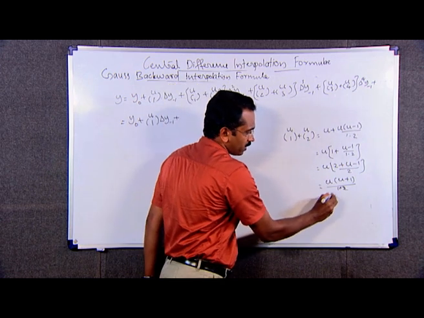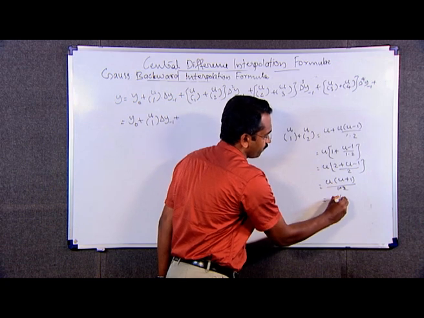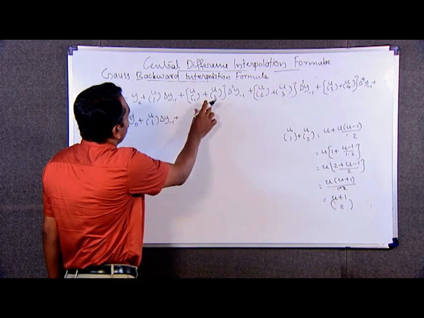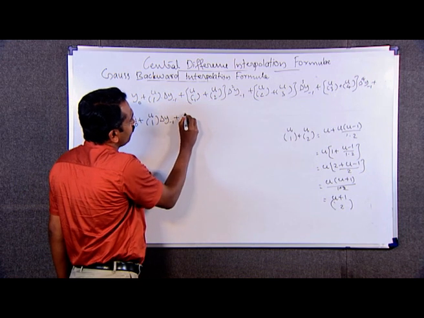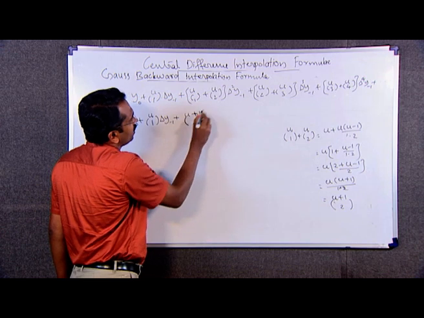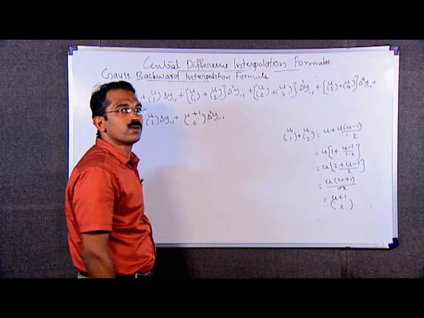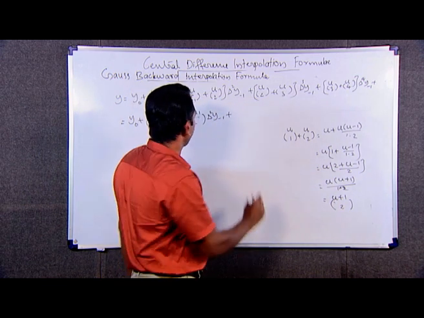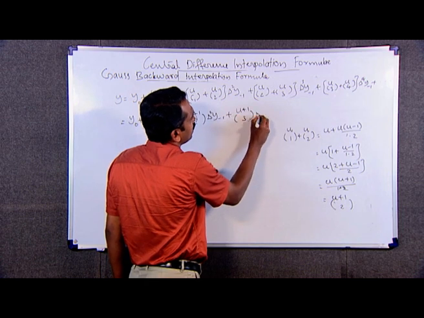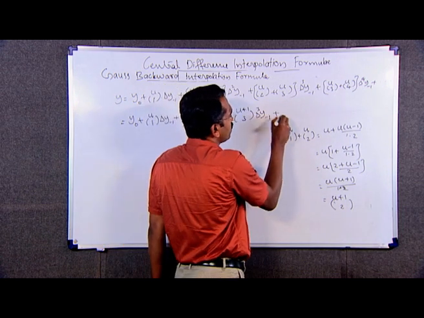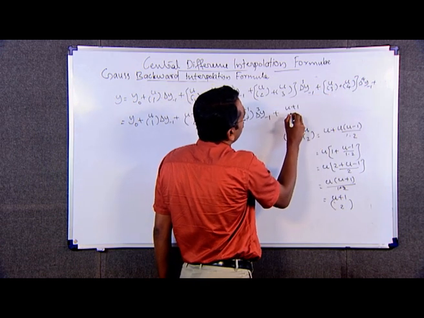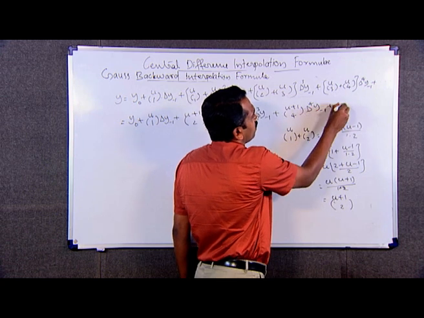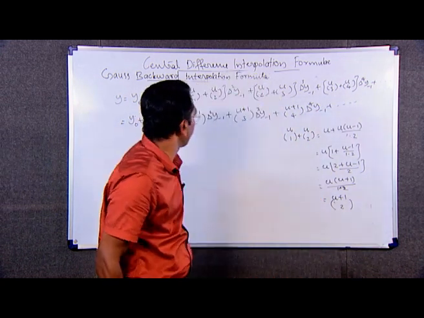That is equal to U plus 1 C2, that is UC1 plus UC2 means U plus 1 C2. Therefore, we can write here U plus 1 C2 into delta square y minus 1 plus, similarly, UC2 plus UC3 means U plus 1 C3 into delta cube y minus 1 plus, this sum can be expressed as U plus 1 C4 into delta raised to 4 y minus 1 plus etc., that is equal to y naught plus